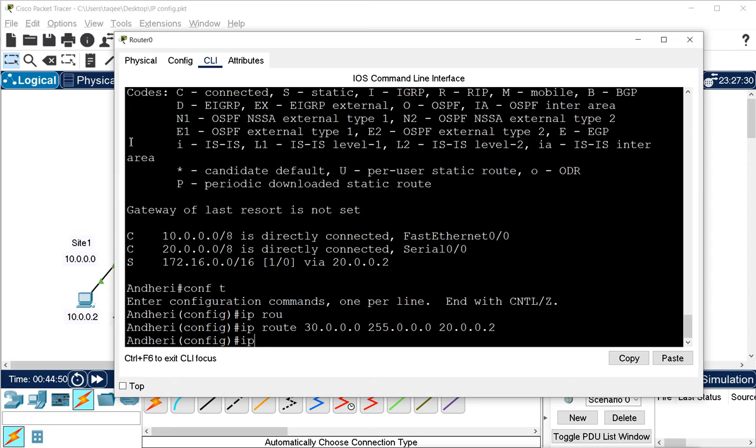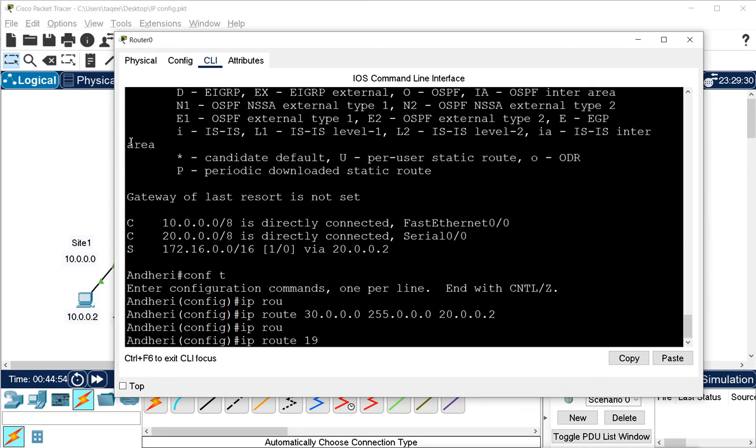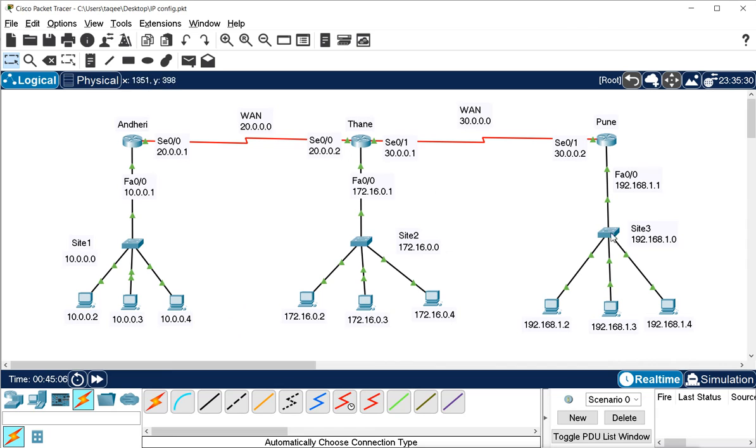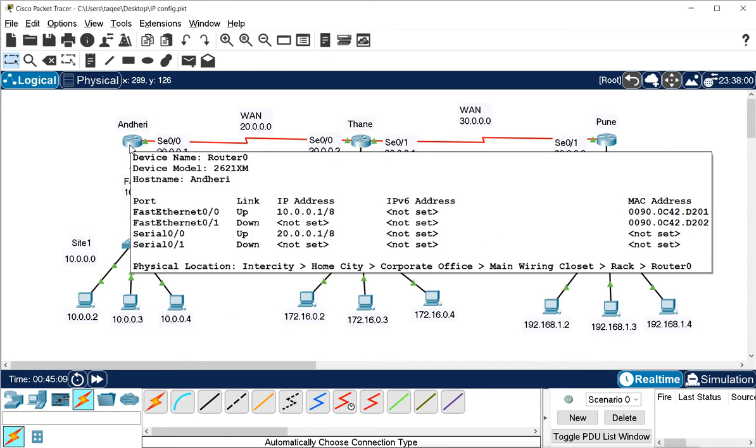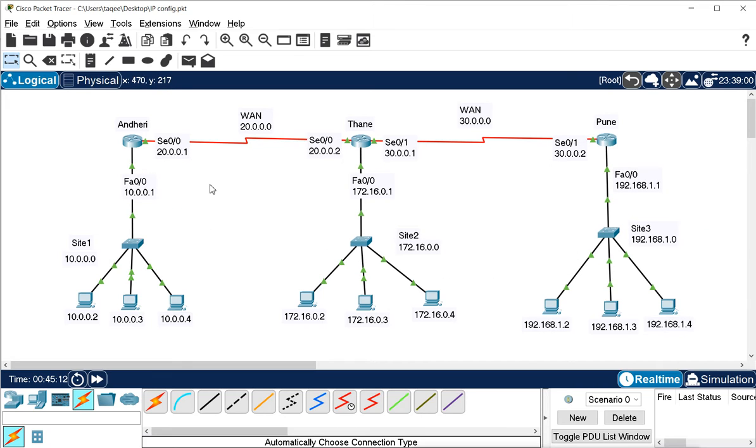Now we have one more network on Pune, 192.168.1.0, and the subnet mask is the default class C subnet mask. Again we are sitting on Andheri, and we want to go to this network. We will go through the same serial cable, and the first router we meet will be Thane.